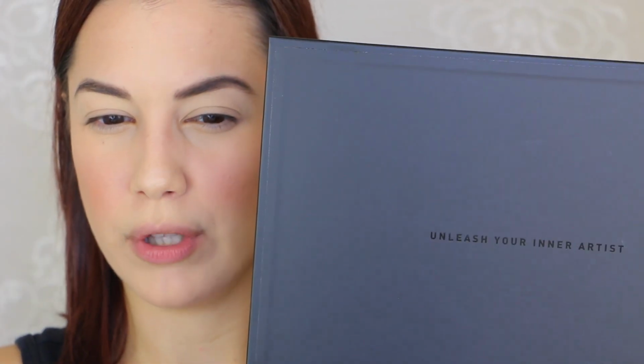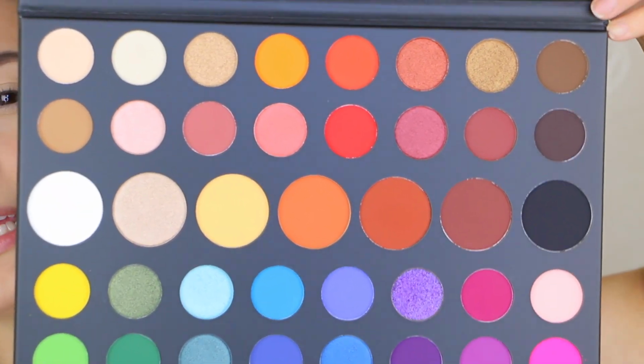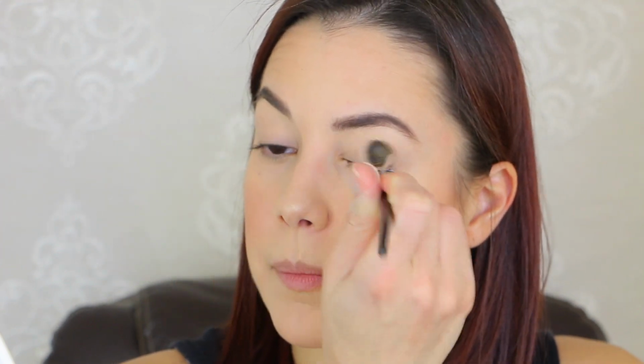Matte and kind of glossy print. Very, very cool. And then here's what the palette looks like. Nothing new. I'm sure you've seen this plenty in videos circulating through the land of YouTube. But I actually think this is really cool. It's like a soft color, and I'm going to go in with the shade called Canvas, which is a matte. I should have used this to set my primer, but it is a matte. It's the first shade in the palette,